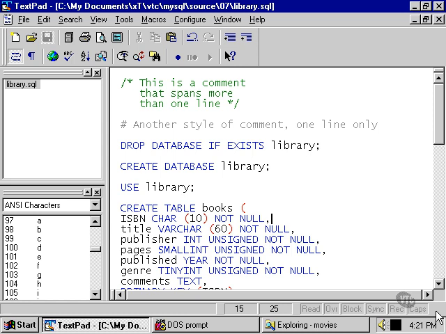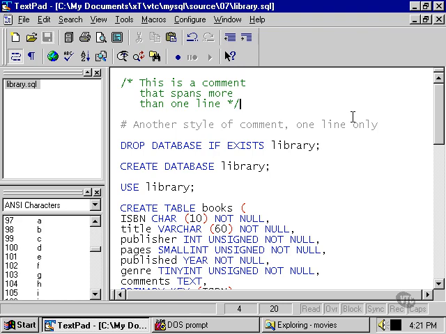If you take a look up here at the green letters here, you'll see that they're surrounded by a forward slash and an asterisk, and then an asterisk and then a forward slash. That allows you to add comments of whatever you like to explain the way in which your SQL schema is working, and that allows you to document within your code your thinking behind the creation of the tables in